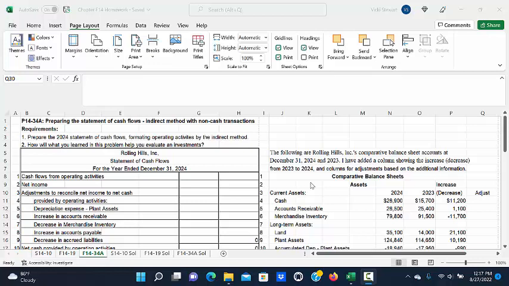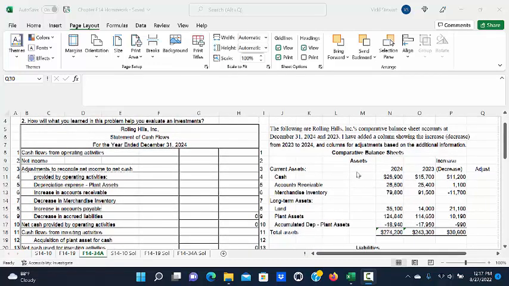This is a demonstration of problem 1434A, preparing the statement of cash flows indirect method with non-cash transactions. So in this problem, we are going to be given Rolling Hills Inc.'s comparative balance sheet accounts as of December 31st, 2024 and 2023. I have added a column to the comparative balance sheet to show the increase or decrease